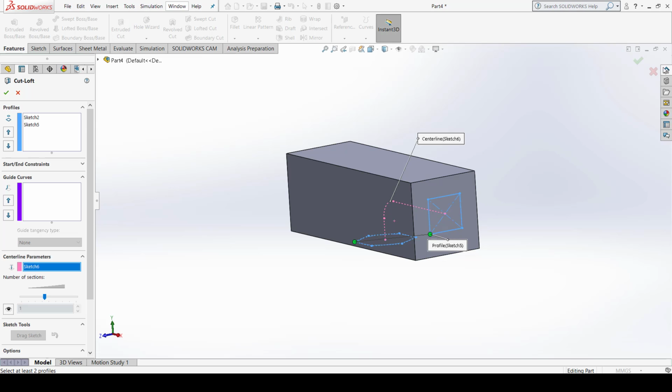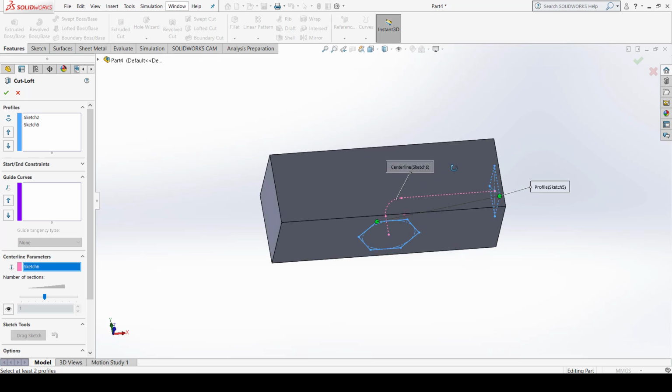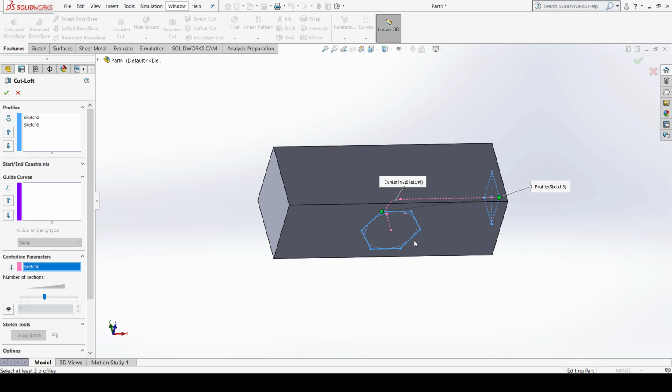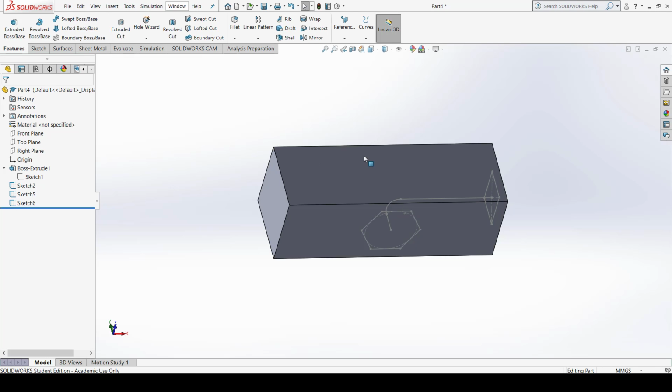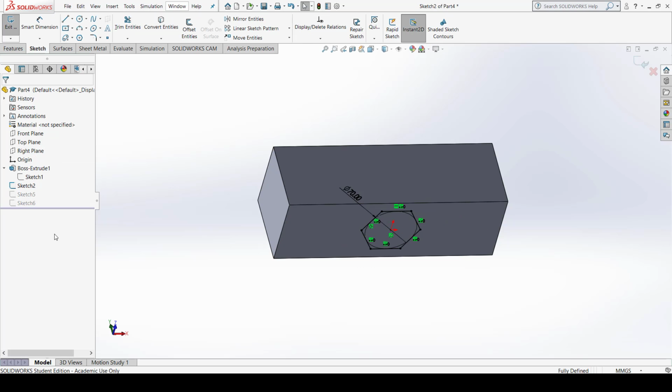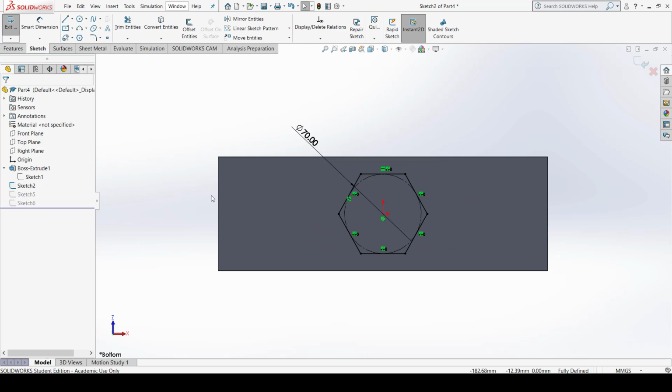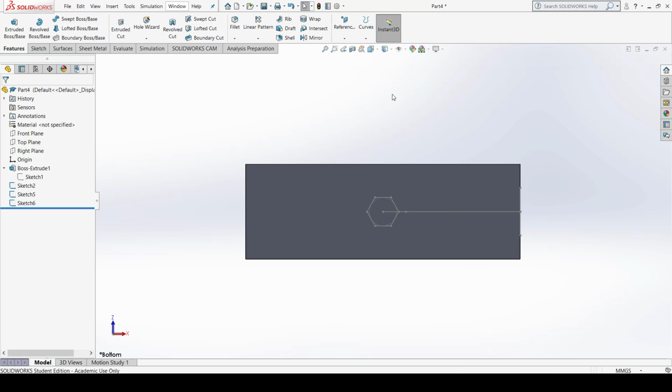So what do we do now? Let me make sure that the diameter of this hexagon should be smaller. So I just exit the command here and go to the sketch portion. So edit this sketch, control it, let the diameter be around 30. Fine, and now exit the sketch.